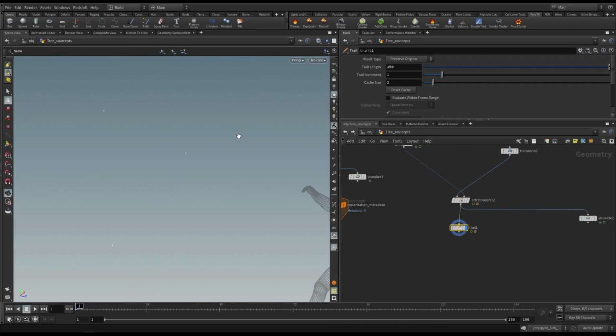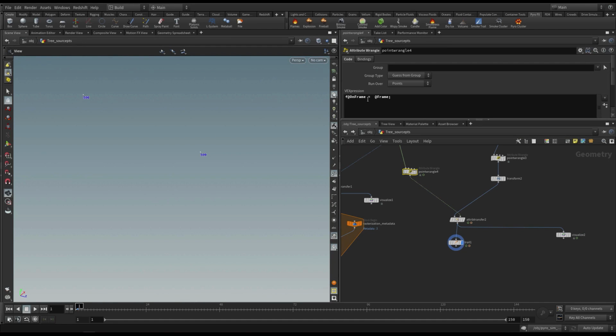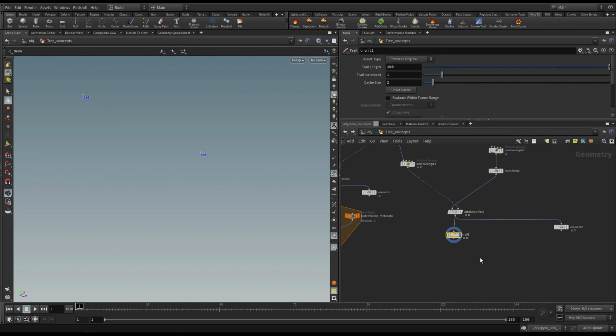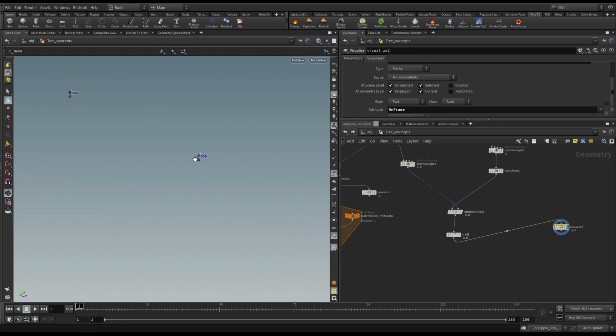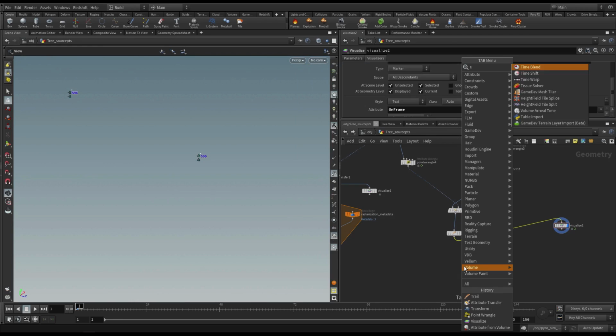Now the other thing I want to do is actually, if you think about it, we've got 600 points here, and some of those points have got -1, some of them have got the frame that they're turned on at, etc, etc. If we visualize it, it'll be a bit of a mess. We see all the numbers at once over top of each other. Now I'm going to use a time shift node,